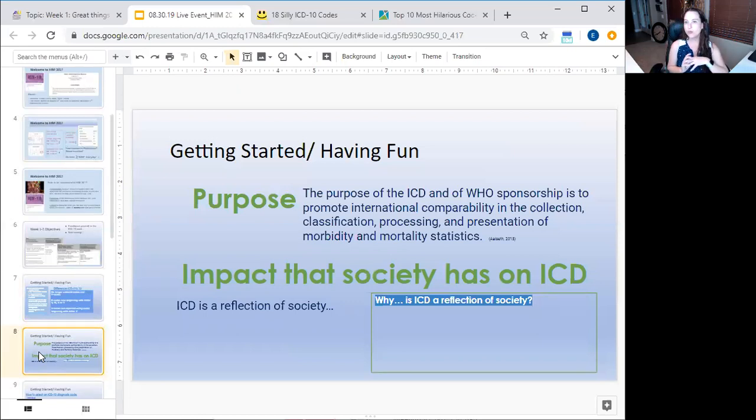Okay, so when you consider ICD-10 or ICD really 9 even, why is that a reflection of society? Kind of think about that. Where do the codes come from? How do changes in ICD really reflect what's going on in society? And I'll do just a dramatic pause here for a second. Why do you think that's a reflection of society? Well, if you think about it, when the changes come up, and they come up annually, they are reflecting things that are now an issue in our society that maybe they weren't an issue before.